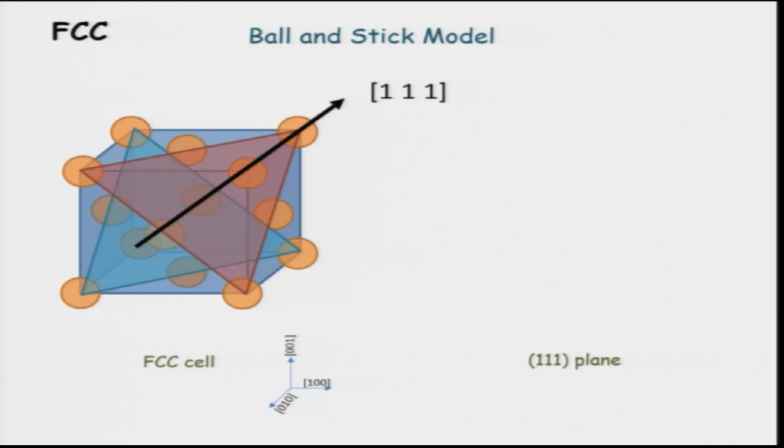For example, this is parallel, we can draw it like this. This is also 1 1 1 because if you move it, translated by a small vector in this direction, you would see that it overlaps. So, this is also 1 1 1 inside the same lattice, inside the same cell, and there will still be a parallel 1 1 1 plane which will pass through the atom over here, the one I am highlighting.